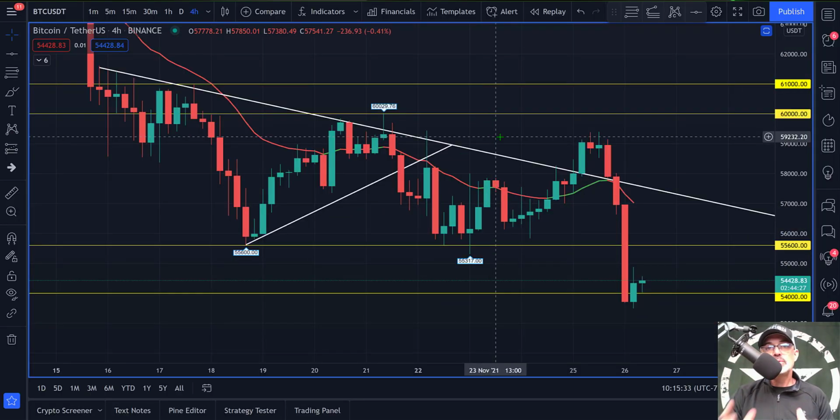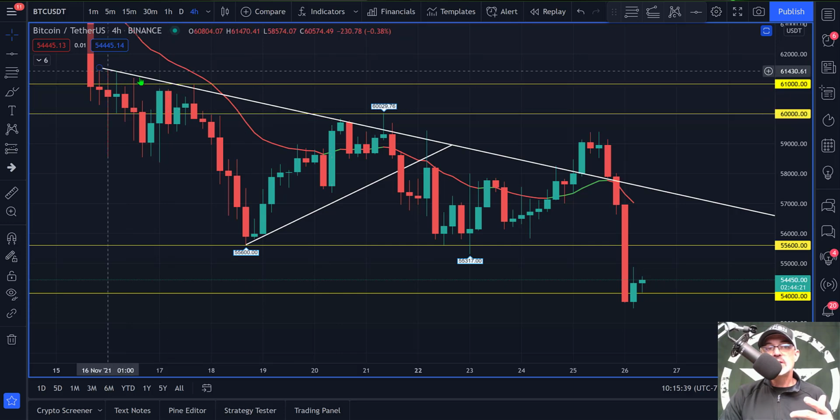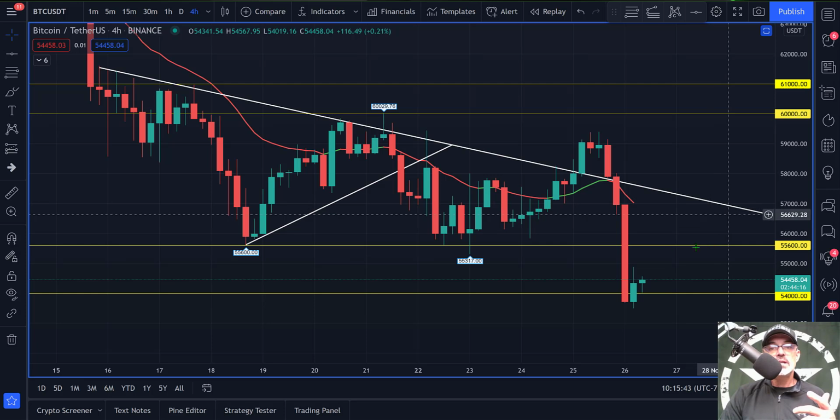And with that being said, we'll jump over here to the Bitcoin 4-hour chart. In the previous video, we were actually watching this trend line setting up as a possible descending triangle, along with this support line down here at around 55.6. And we did actually get a break up and out of the triangle,